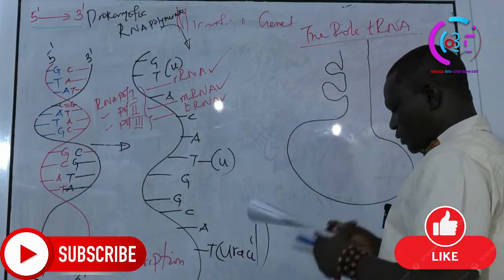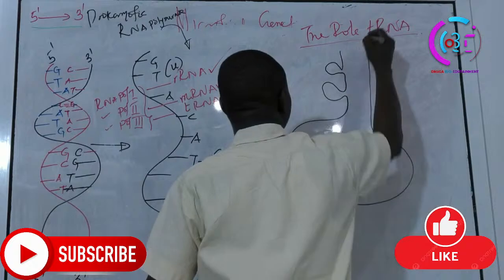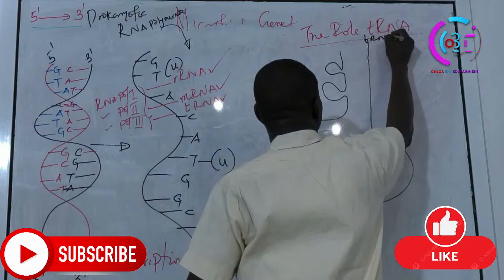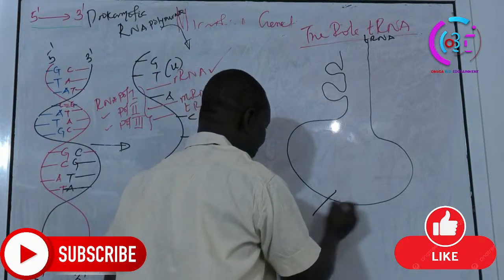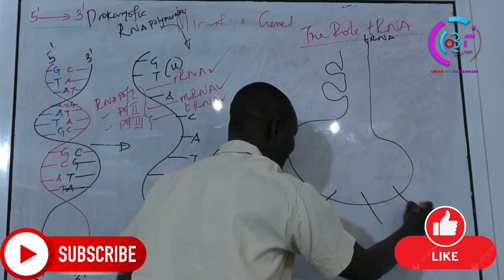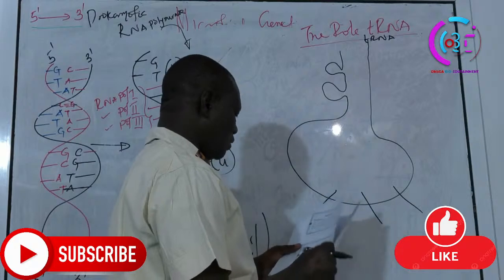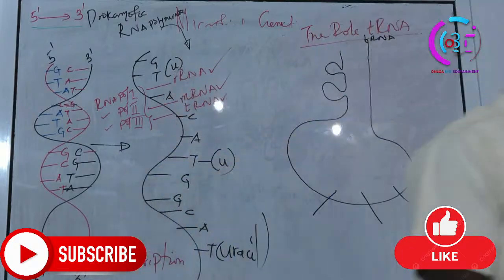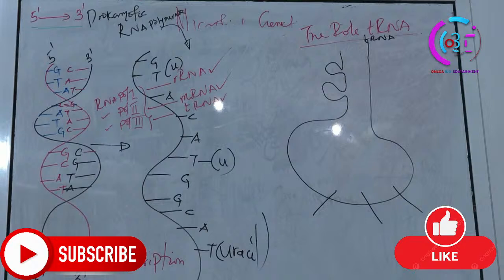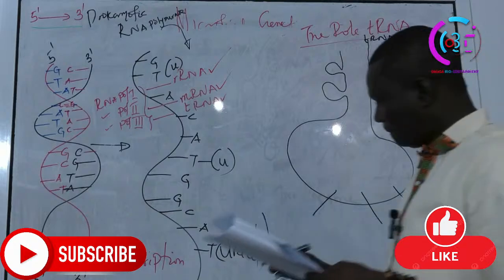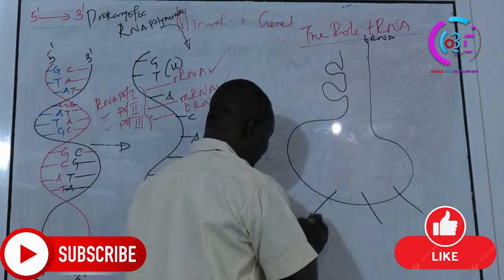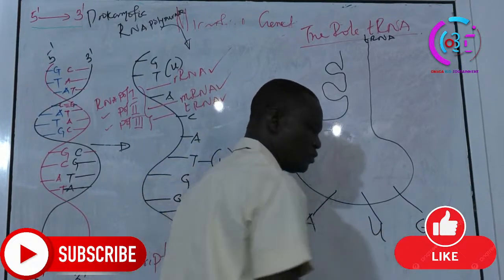At this point of the transfer RNA is the segment that is called the anticodon. So for example, if you have AUG, going back to the genetic code,